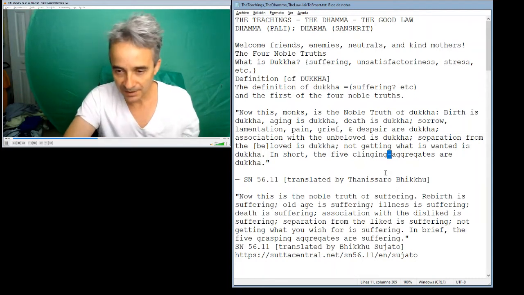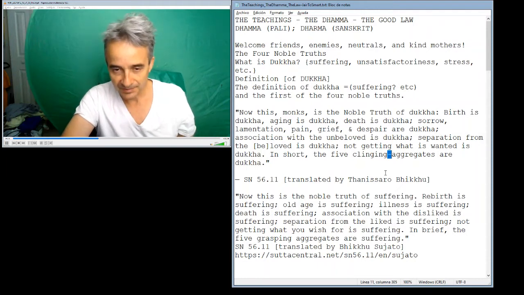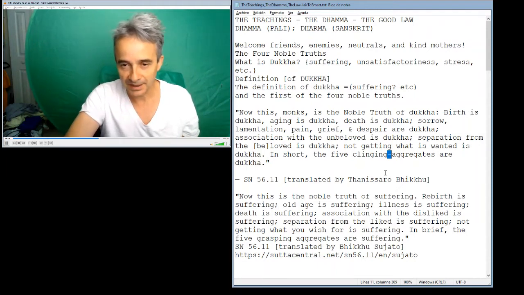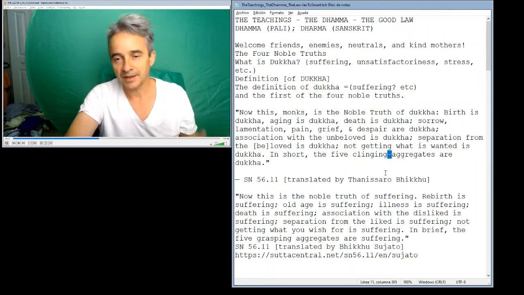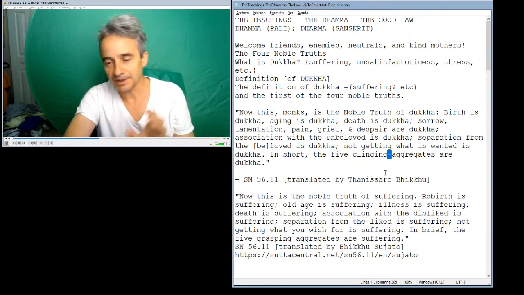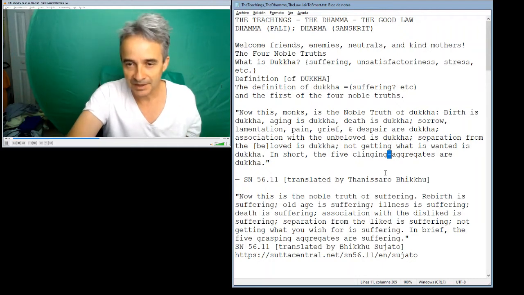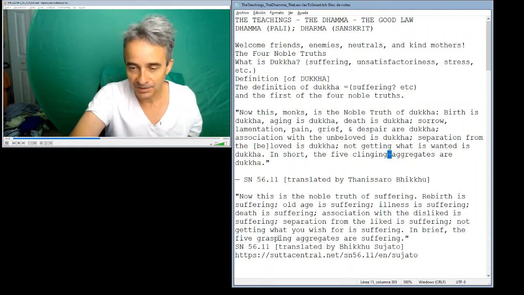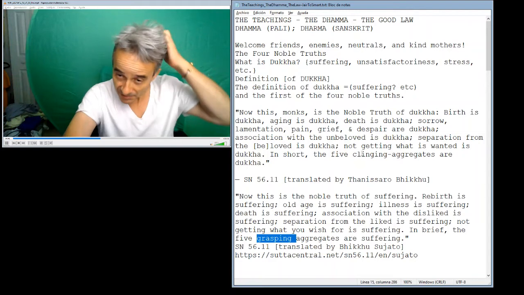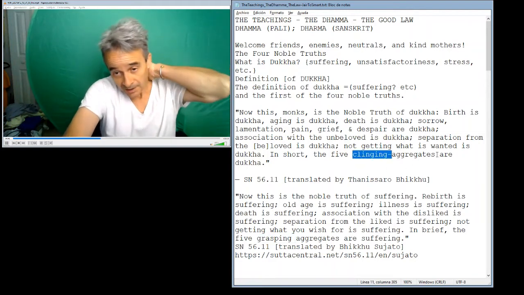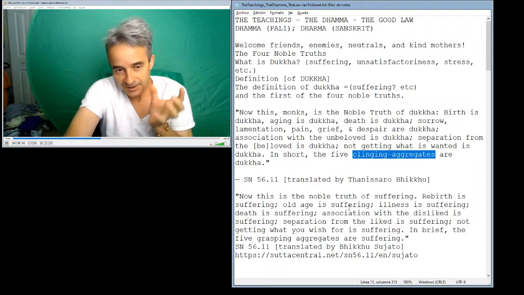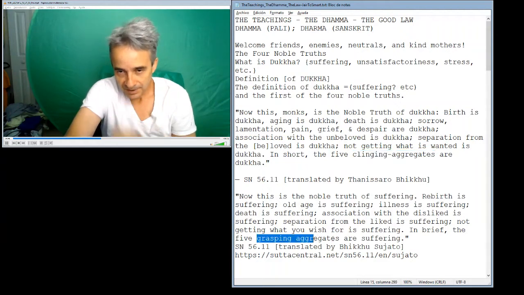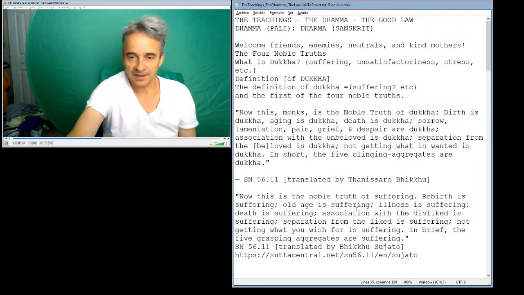Whereas the Bhikkhu Sujato translation says grasping aggregates, but it doesn't have a hyphen between the two. I'm assuming that clinging and grasping mean the same thing, roughly. It is a personal choice or preference as to which one you like or they chose for whatever reason. But that gives an interesting flavor to the verse. But now we have to discuss what the